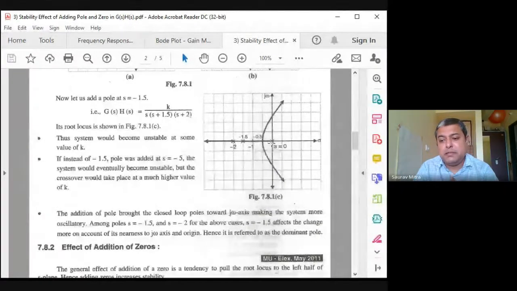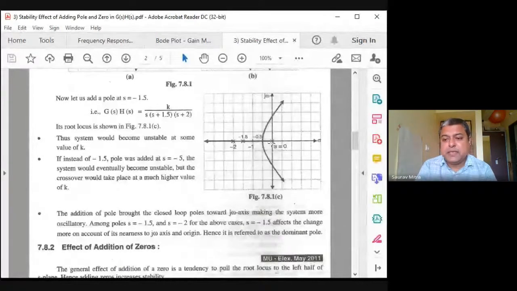All poles are stable individually, but whenever they are put together, they form a system that might not be totally stable, or might not be absolutely stable. For two real poles, the system is stable. For three real poles, the system becomes conditionally stable. For four real poles, the system is conditionally stable, but k marginal reduces, and as k marginal is reducing, that means relative stability is reducing.